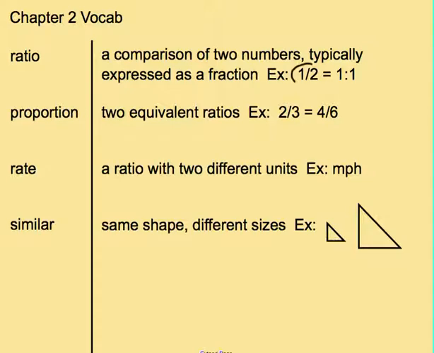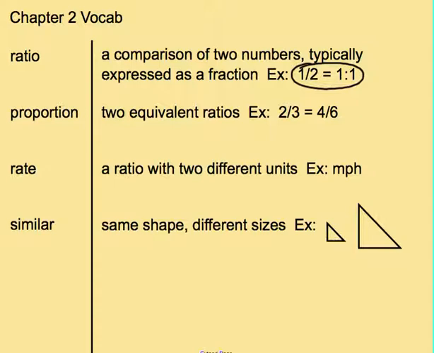Notice the different ways that we can compare our numbers. The first is as a fraction, which is the typical way you'll see a ratio. And the second is using a colon. So when you use the fraction, you give kind of the whole with your denominator. So 1 out of every 2. So for example, 1 out of every 2 people is a boy. Whereas the second one, a ratio of 1 to 1, says there's 1 boy to 1 girl. So it doesn't give you the total, so be careful that you understand the difference in those 2 ways to